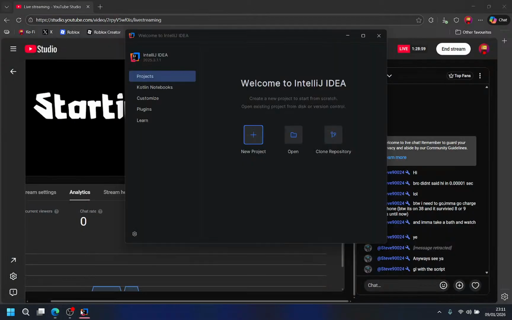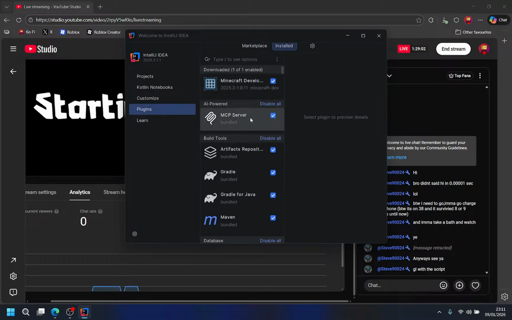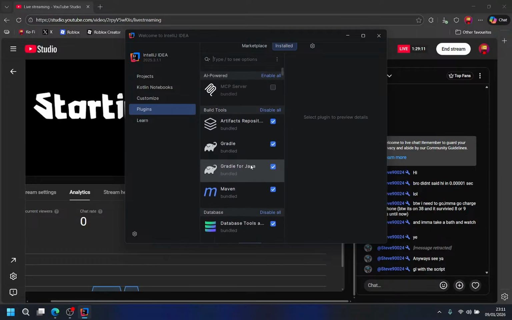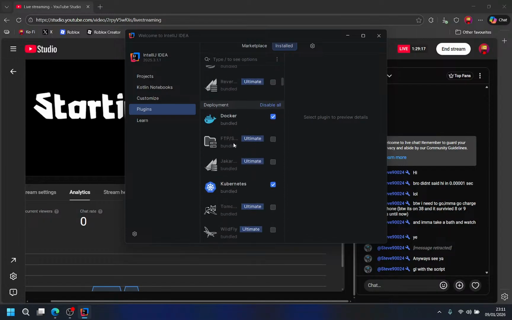I also like to disable any AI plugins or AI related plugins, like AI Assistant, build tools, database.